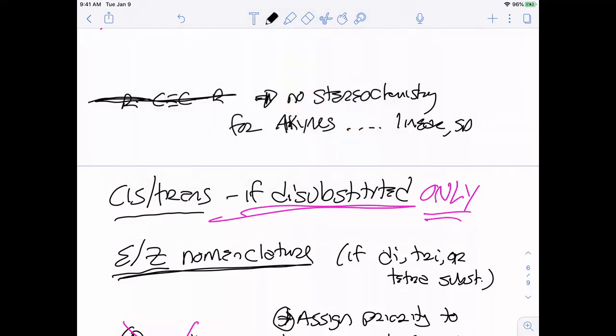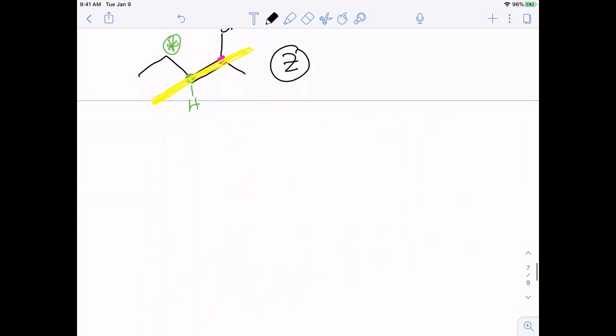So let's do another one. We'll actually name this one. Okay. So my parent is going to contain all of those double bond groups, right? It needs to contain both my alkenes. I want to number it so I get the lowest number for my alkene, so I'm going to start from this direction. I usually name it and then I go back and do the stereochemistry after, so I'm just going to name